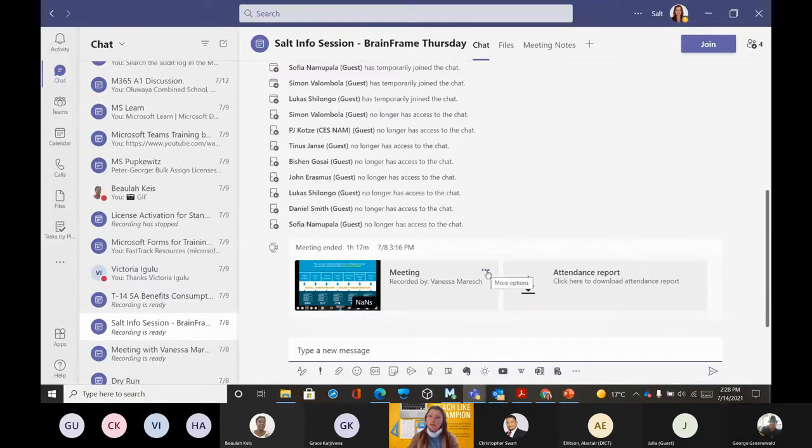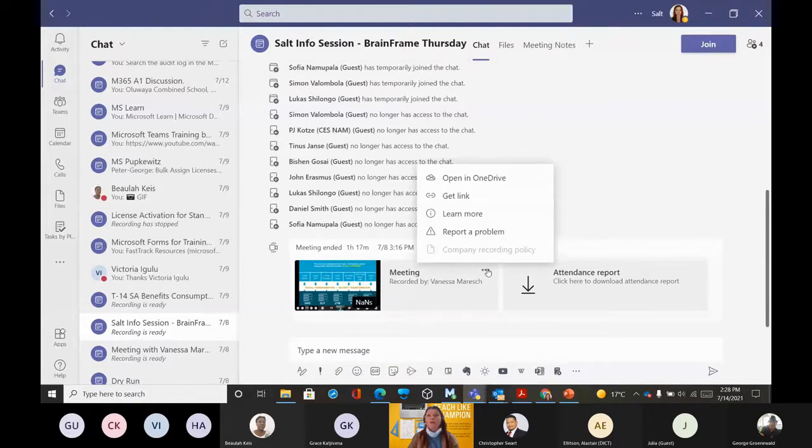But you can now also, because it's not always easy for students to navigate between all their different classes, and now they have to search for recordings, and it can become painful for them. So what you can do is from this chat section, you as a teacher, you can actually go and open the recording